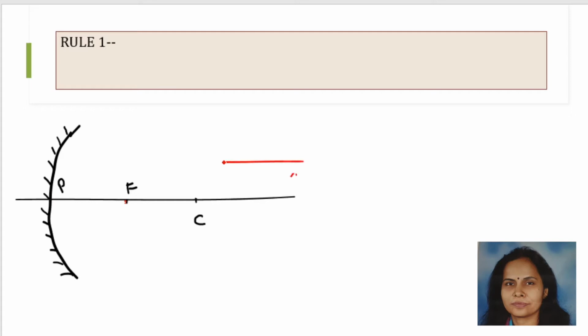Now the rule 1 says if an incident ray is parallel to the principal axis, after reflection it will pass through the principal focus. So as you can see, I have already put the arrows for the incident ray as well as the reflected ray. We should not forget to put the arrows, because by this it will distinguish between the reflected and the incident ray. So what the first rule says,